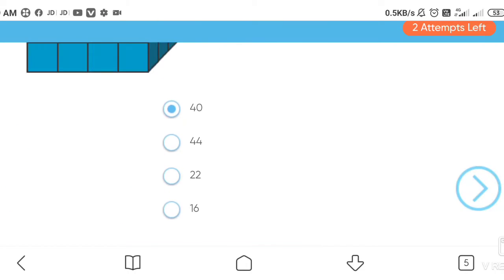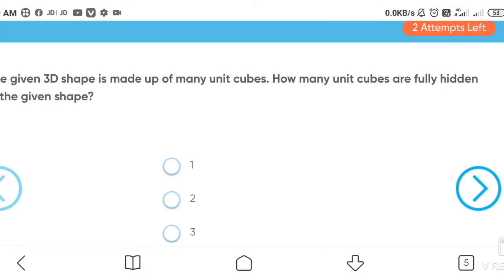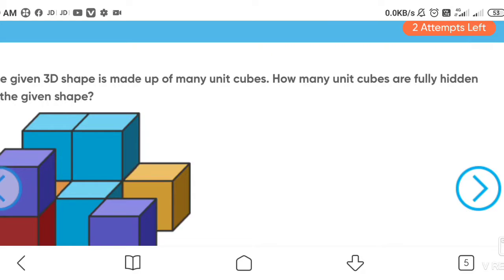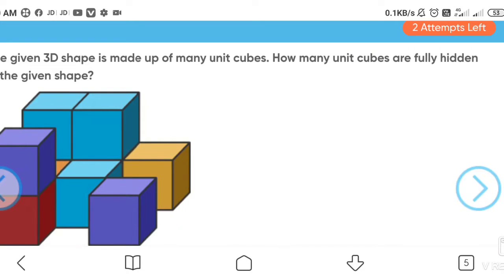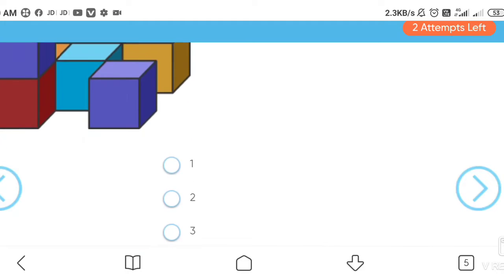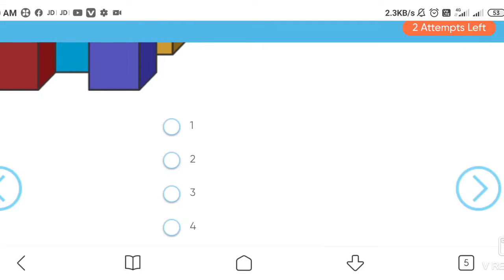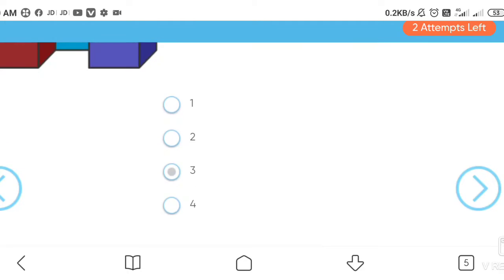Okay, now the next question is, the given 3D shape is made up of many unit cubes. How many unit cubes are fully hidden in the given shape? We have to find how many of them are hidden. We can't see them. Options are 1, 2, 3, 4.